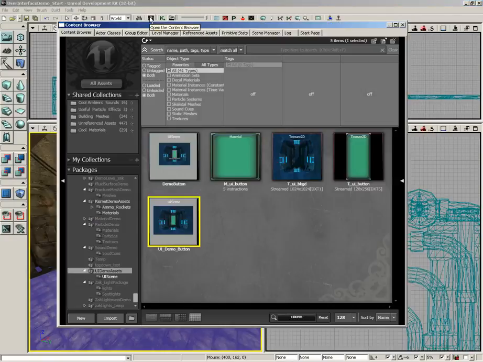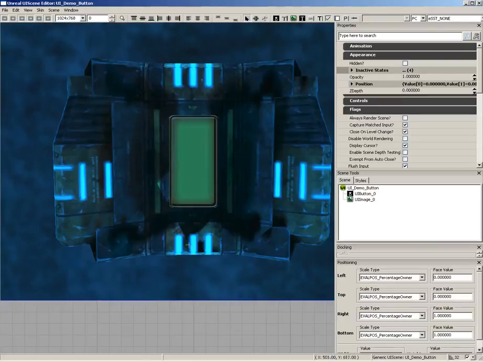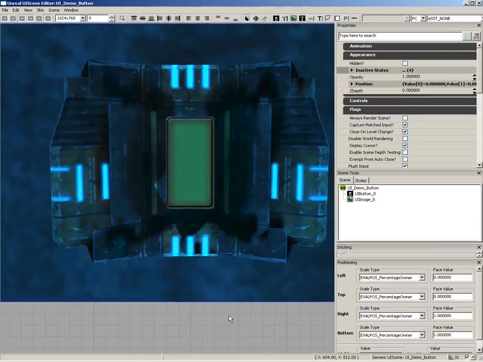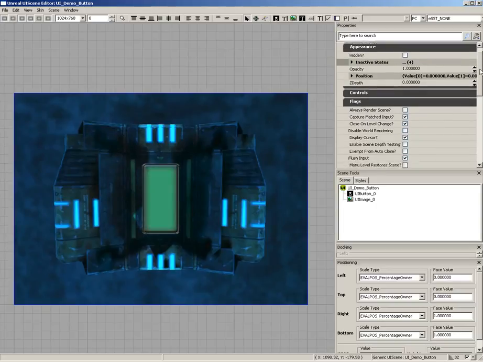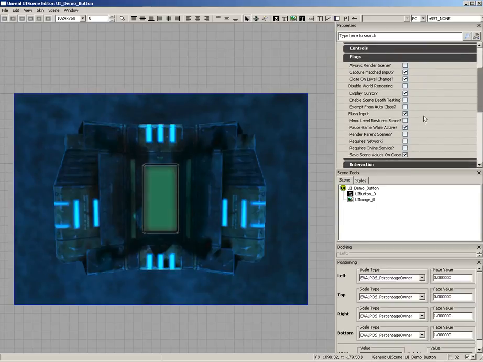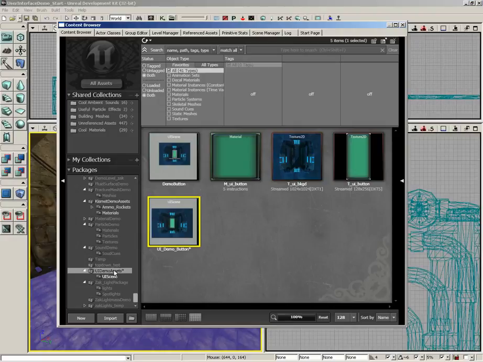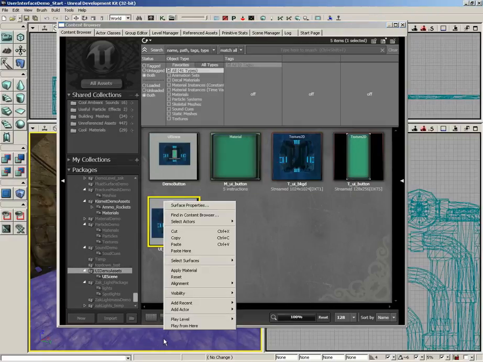Now, back over in the content browser. Let's go back to our UI demo button UI. The first thing I want to solve is that pulsing problem. If we make sure we don't have any widgets selected, then over in our properties window, we're actually looking at the properties for the UI scene itself. And if we scroll down, you're going to see pause game while active. If we turn that off, close, save our package, and then try out the level again,